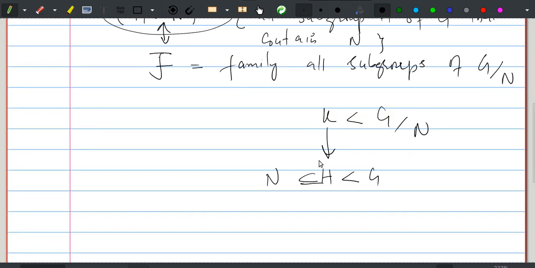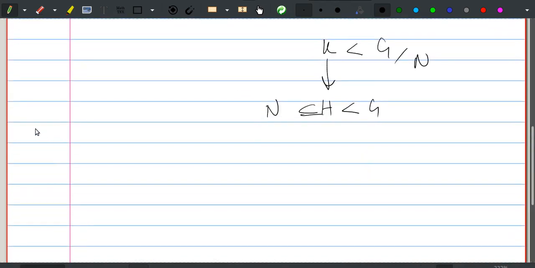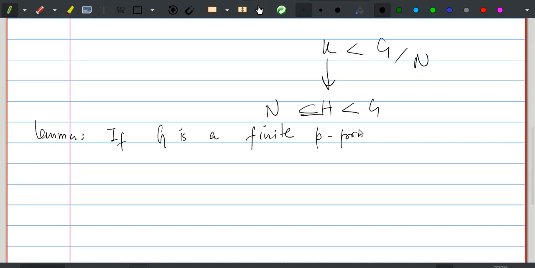Now we are going to use this theorem in the following lemma. So we have this lemma here. If G is a finite p primary abelian group,